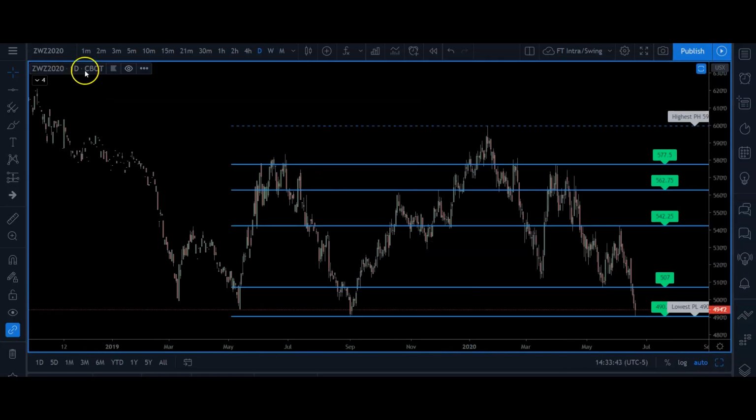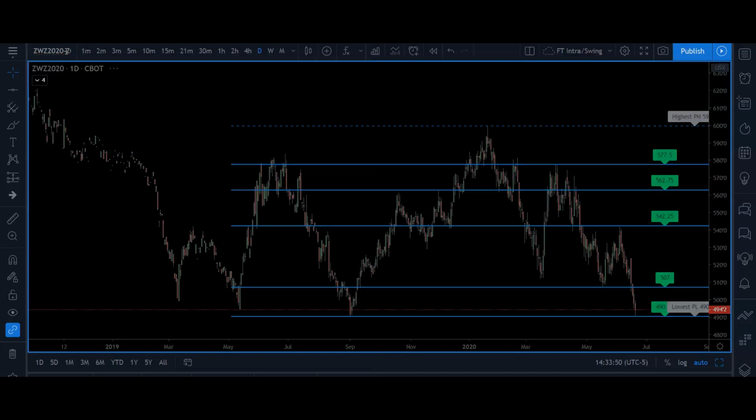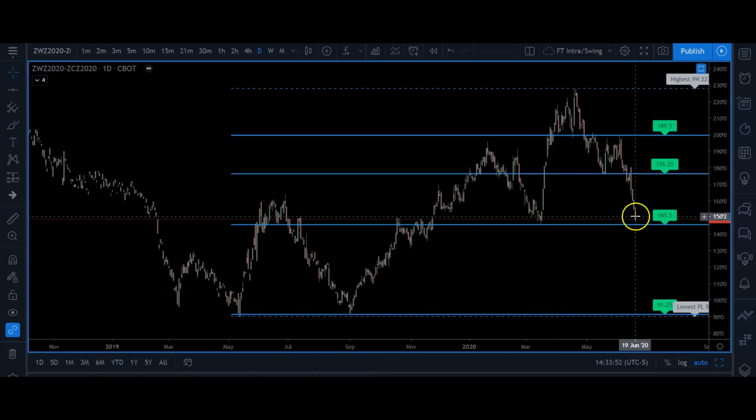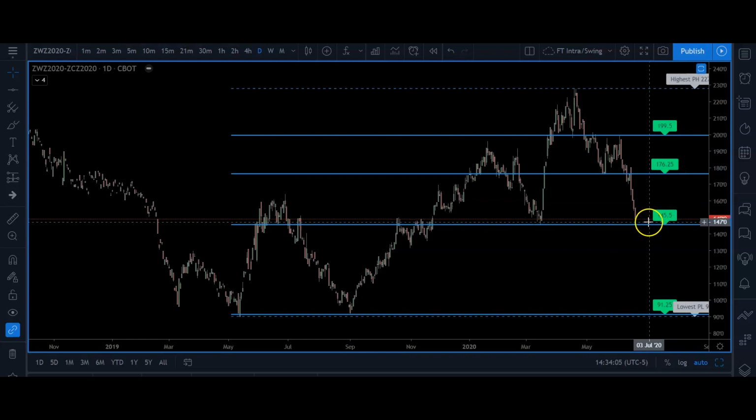I know what I wanted to do. This is ZW, and I want to build the spread, ZC 2020. Now we have that same area we see here on this Season Algo chart. If you're not looking at another chart, you see good support here in the 149s, 150s. Same thing here.